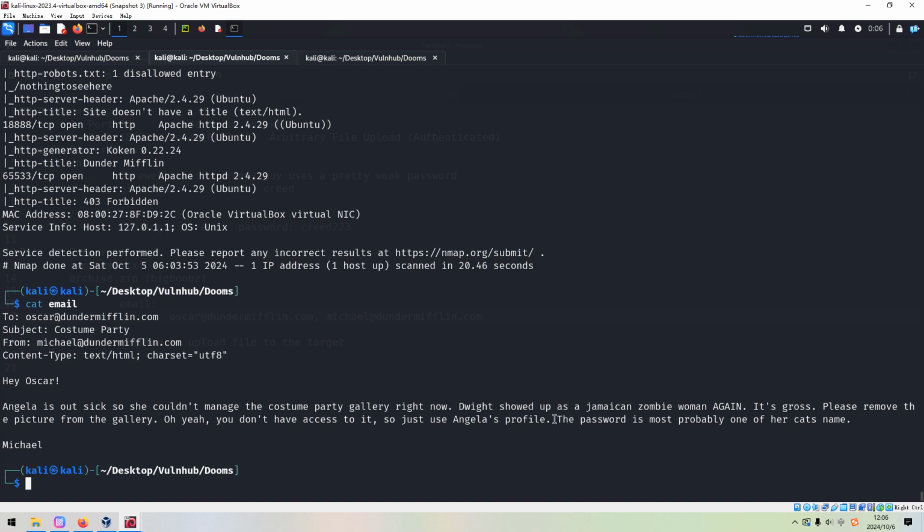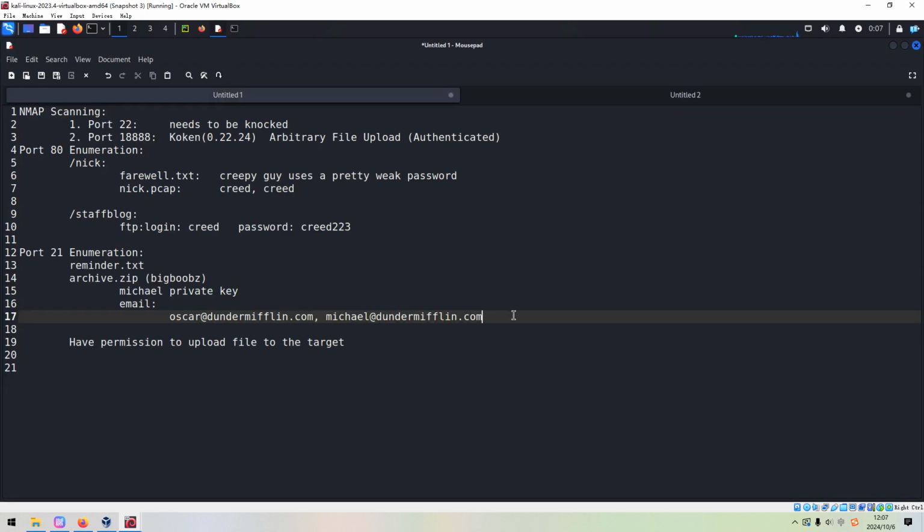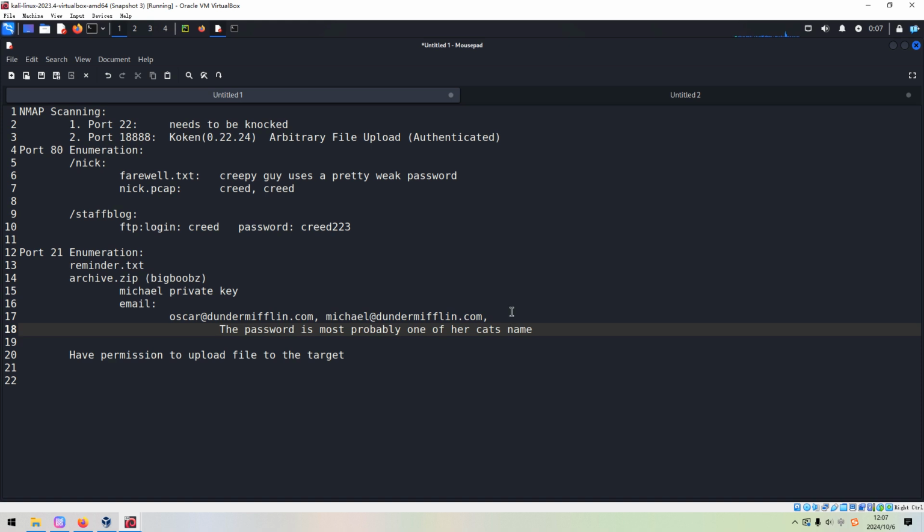So I think from the email itself, we can tell that the password for the Angela is most probably one of her cat's name.